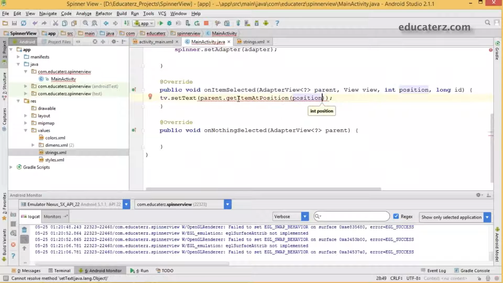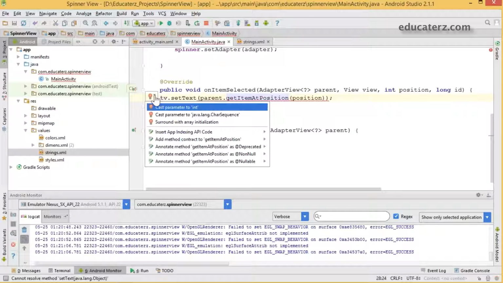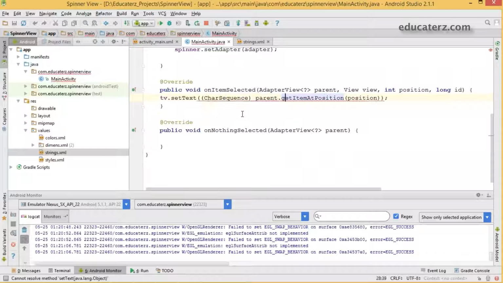So pass the position. That's it. Save it. But it is giving some warning for us. Let us see what exactly it is. Cast parameter to int, cast parameter to CharSequence. Save this.